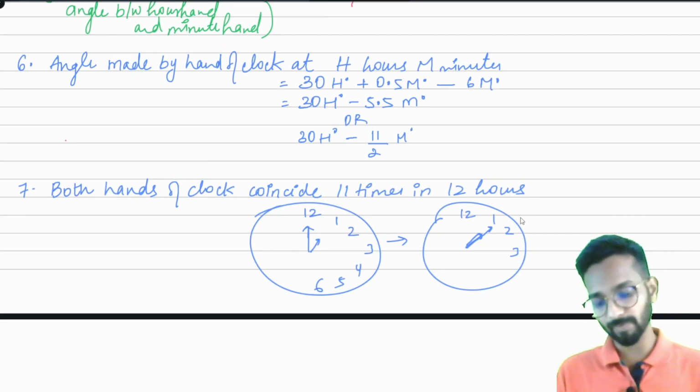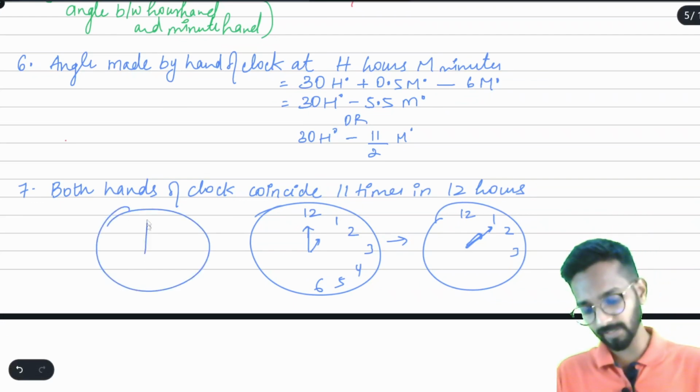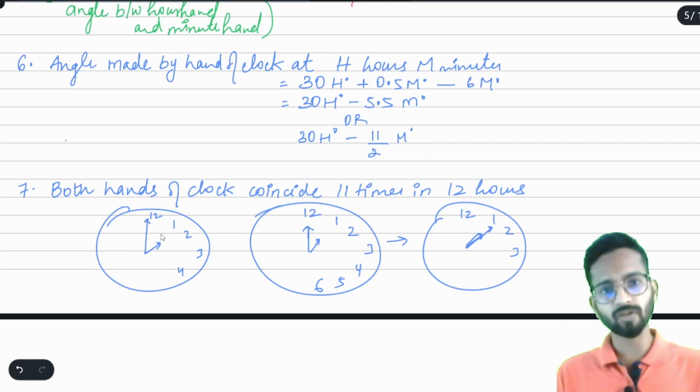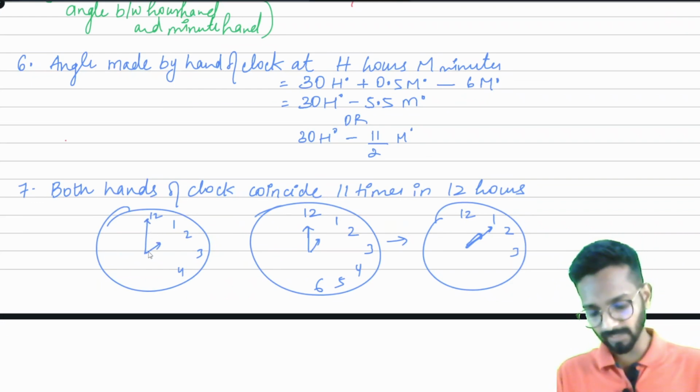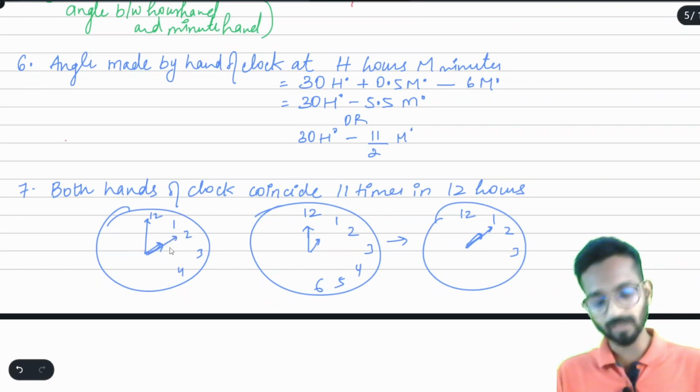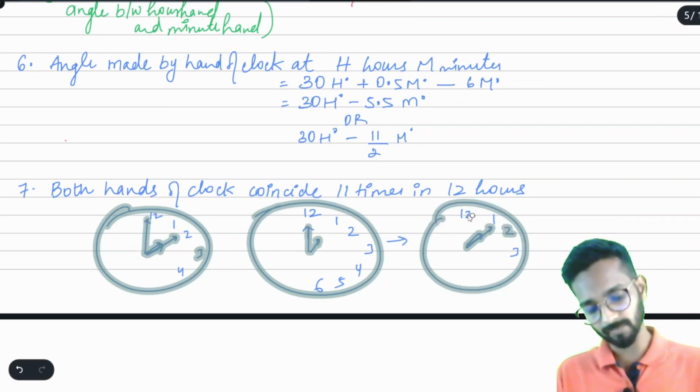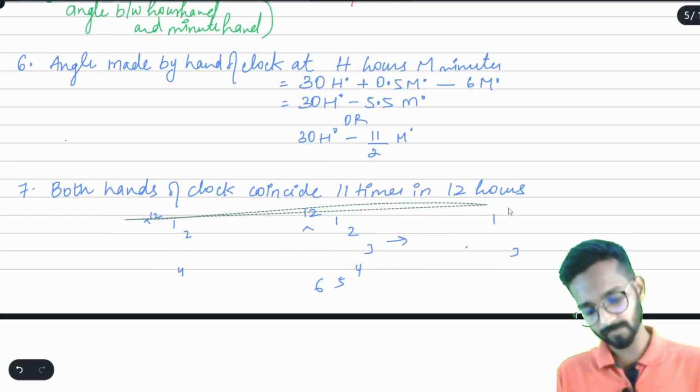At 1:06. Again the same thing will happen at 2 p.m. Around 12, 1, 2, 3, 4, at 2 p.m. this is the hour hand and minute hand. After 10 or 11 minutes, what will happen? The minute hand will appear somewhere here, and the hour hand will also move. So it will again coincide. So it will coincide totally 11 times in the 12 hours. Okay. Now moving further,